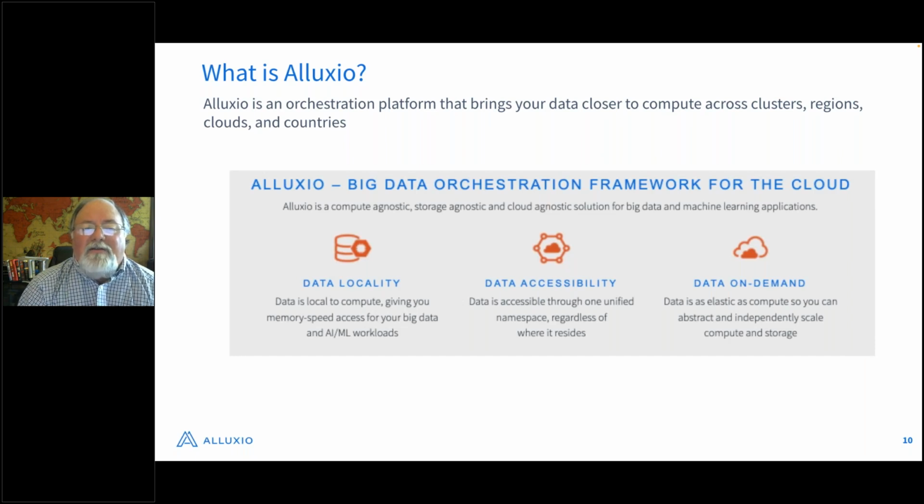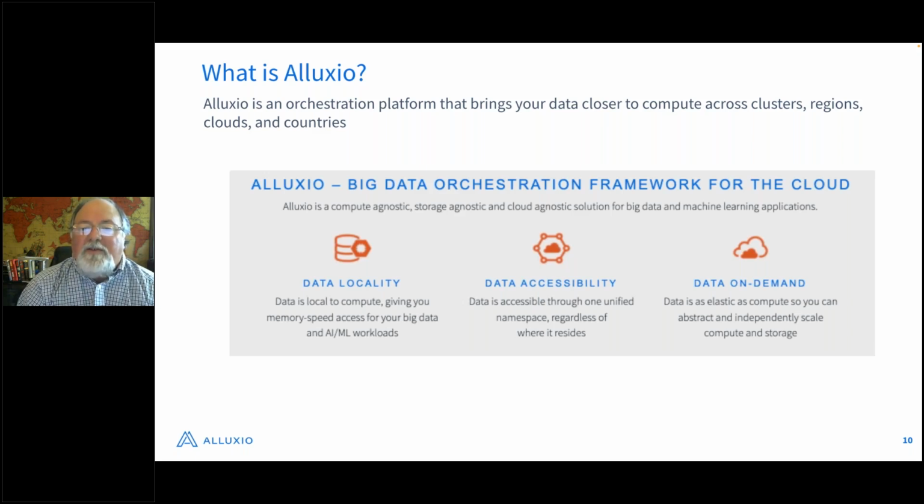It provides data locality even when the data is not local. I know that sounds weird, but Alluxio does support a feature that can put data closer to the workloads while still allowing it to be based and anchored in its underlying store. So Alluxio can do short circuit reads even when the compute is not co-located with the data. And if you need more information on that, we could have a separate meeting and talk about that.